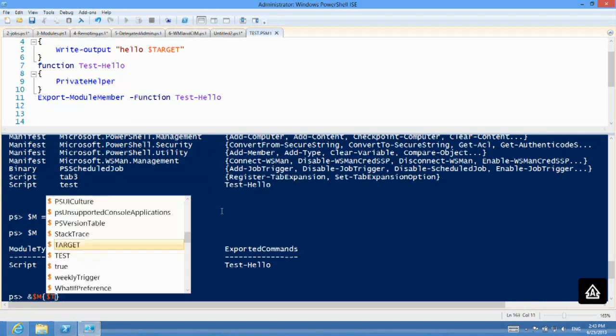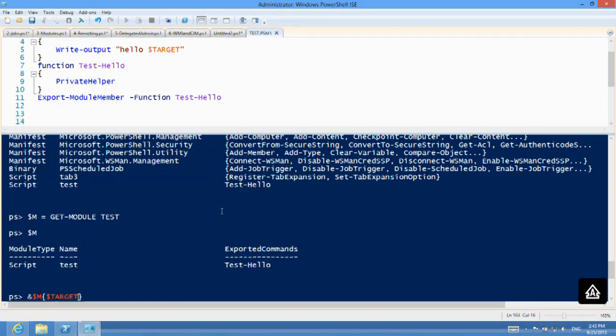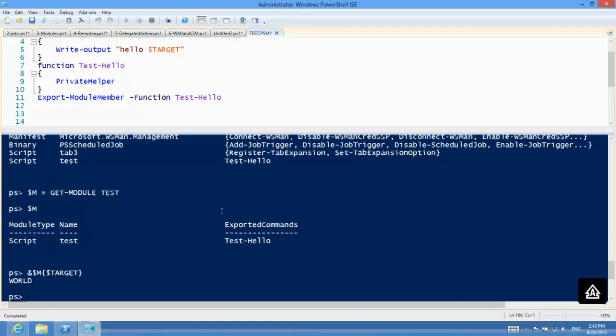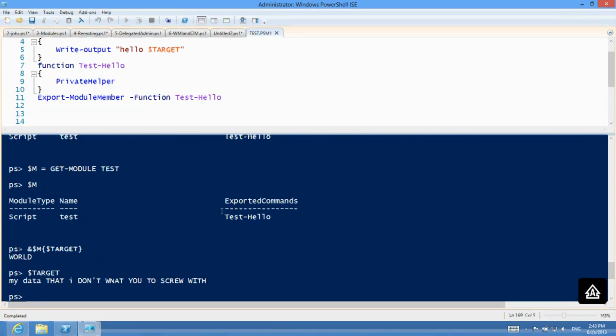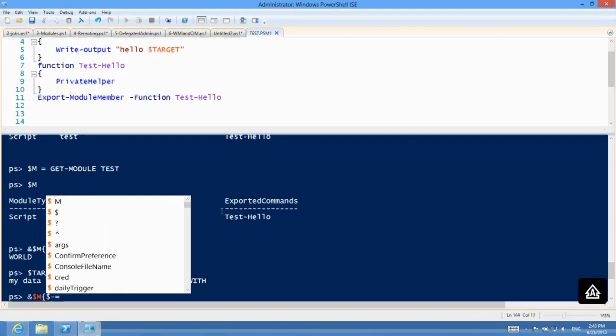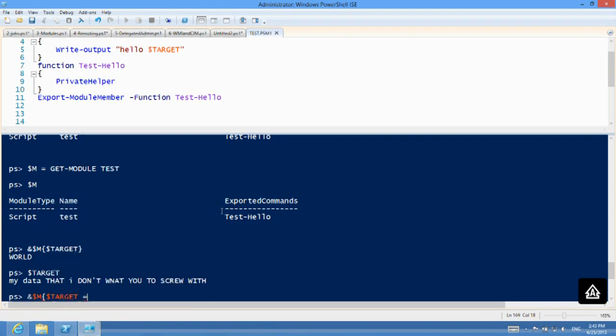Like $target is that. And so what ampersand $M squiggle bracket says is, I'm going to run this code in the context of that module. So in the context of that module, it has access to $target. In fact, I can say $target equals